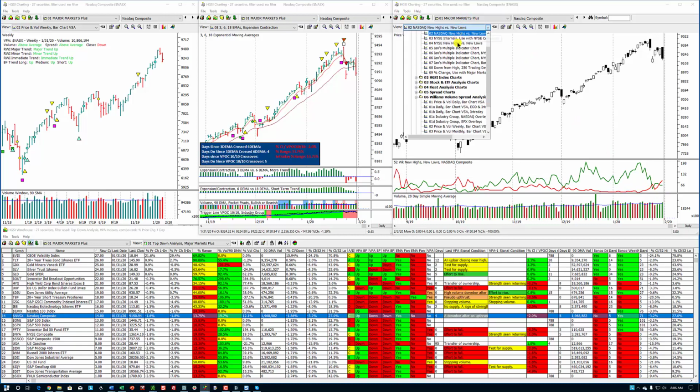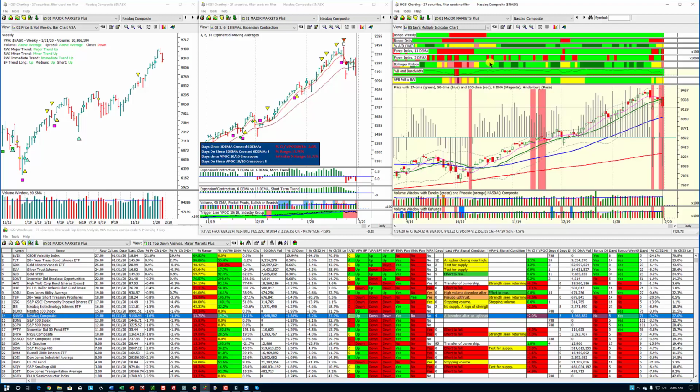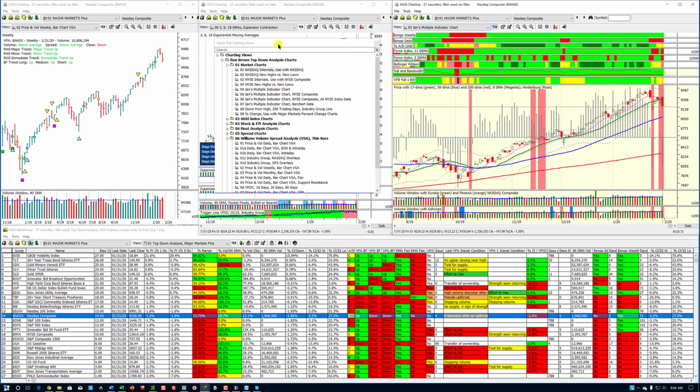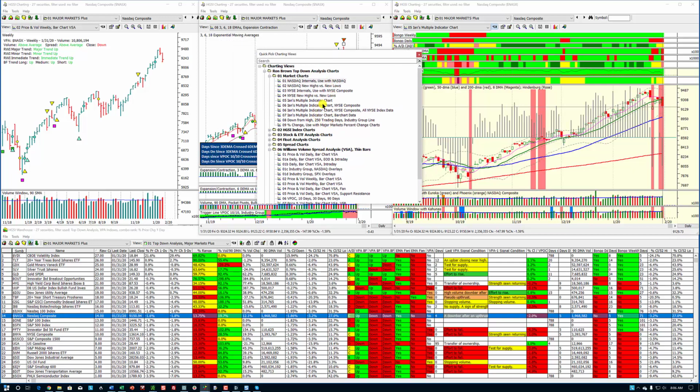Next I look at Ian's multiple chart indicator, and you can see that there have been 3 Hindenburgs generated on this. Now there are multiple versions of this chart. I am using this one, but the data that comes with Barchart, which is our data provider, is also good for looking at these Hindenburgs. If you don't know what a Hindenburg is, there will be plenty of talk. A lot of the times these signals don't work, so I'm really skeptical about the Hindenburg anymore, but it's just